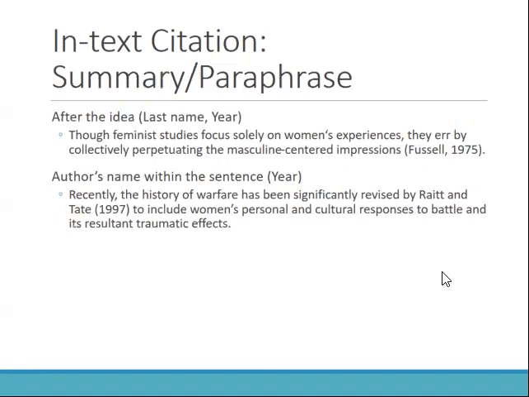So if you have summarized or paraphrased, which again, is the vast majority of the citations you'll be making, there's two ways you can do it. The more common one is after the idea. And so if you do it after the idea, you cite the last name and the year in parentheses. So here's an example. This first example, though feminist studies focus solely on women's experiences, they err by collectively perpetuating the masculine-centered impressions. This is a paraphrase of what the article stated, and so we've cited the author's last name